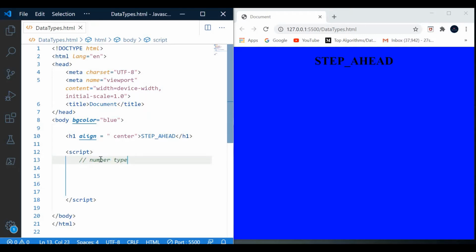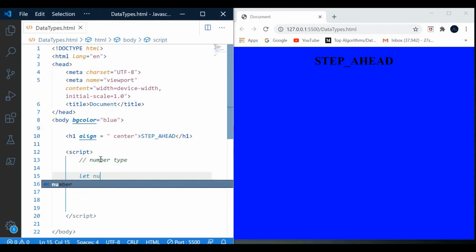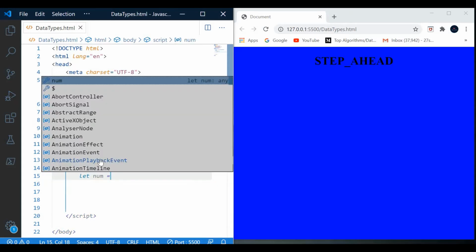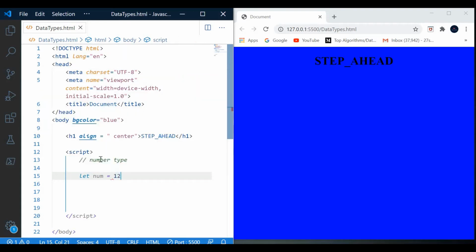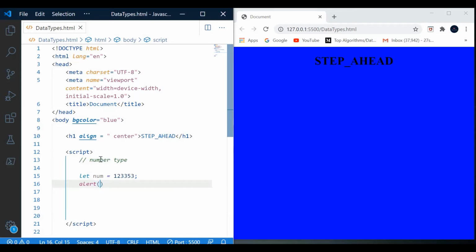How is it represented? We will put our keyword let, a variable num, and we will assign the value 1, 2, 3, 4 or any value, and we will see whether it is a number type or a string type or any other type.